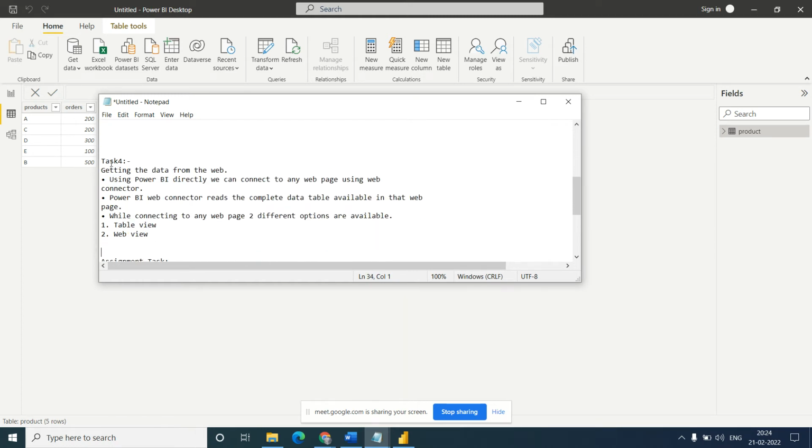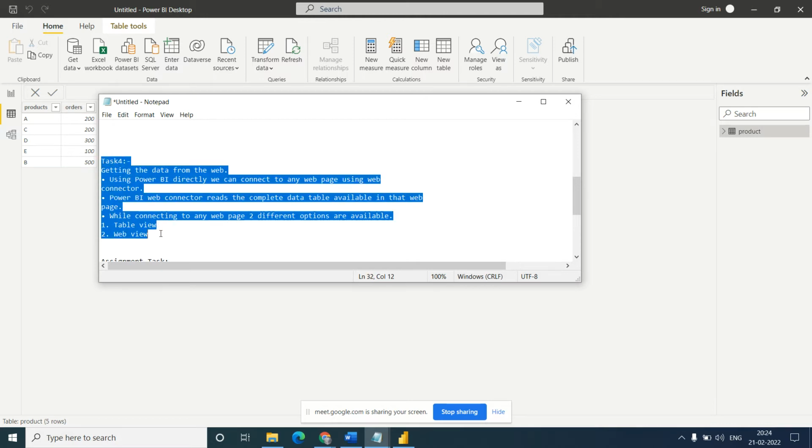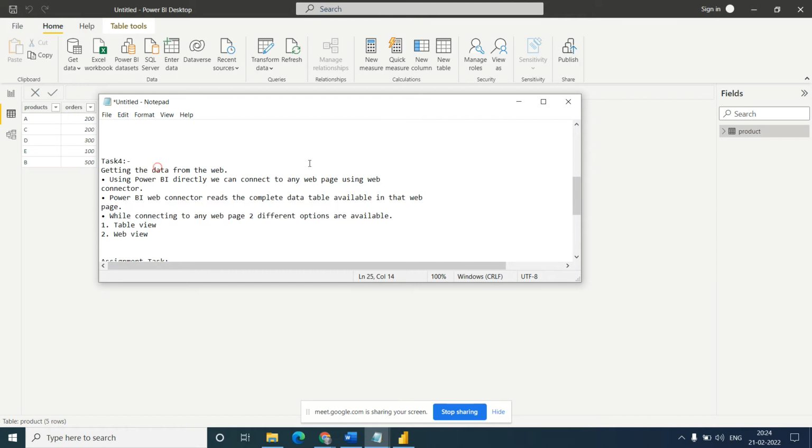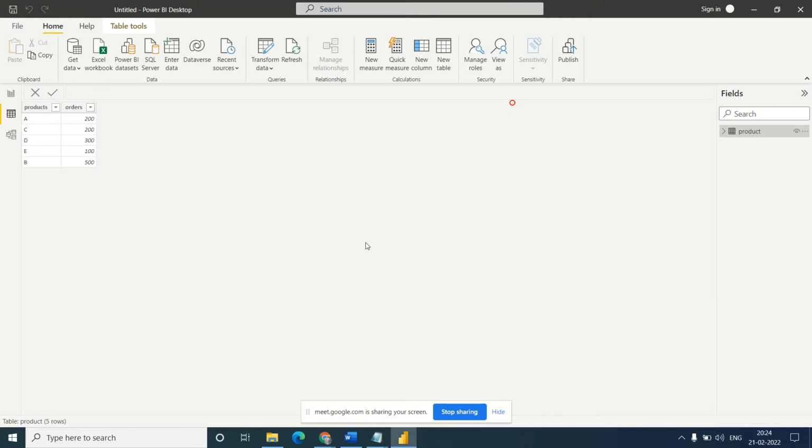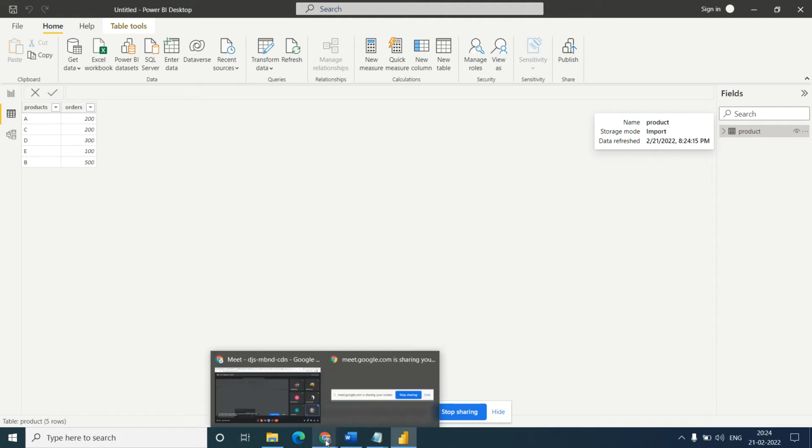Okay, so task 4. We will see one more task, that is how to get the same kind of data. Right now we have seen how to connect with a file and how to connect with a database. Now suppose there is an online web page and there is a table available on it, how will you extract data from the table? So let's say